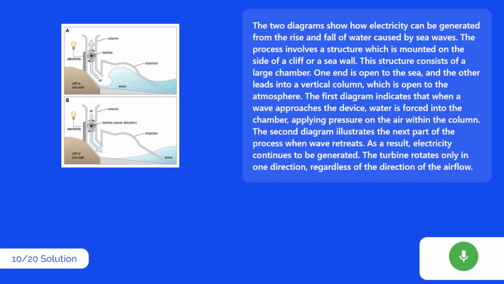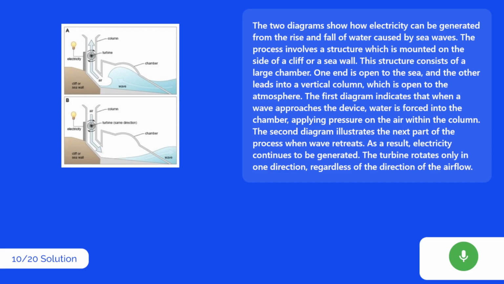The two diagrams show how electricity can be generated from the rise and fall of water caused by sea waves. The process involves a structure which is mounted on the side of a cliff or a sea wall. This structure consists of a large chamber. One end is open to the sea, and the other leads into a vertical column, which is open to the atmosphere. The first diagram indicates that when a wave approaches the device, water is forced into the chamber, applying pressure